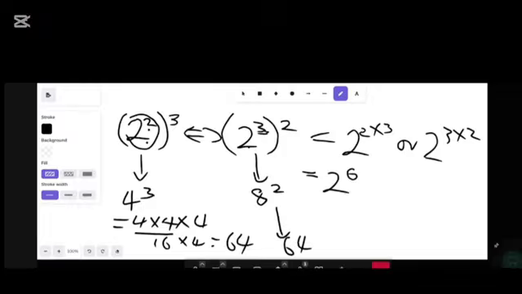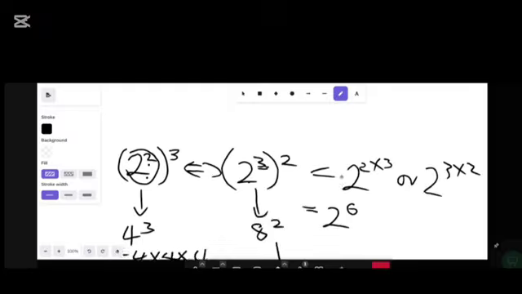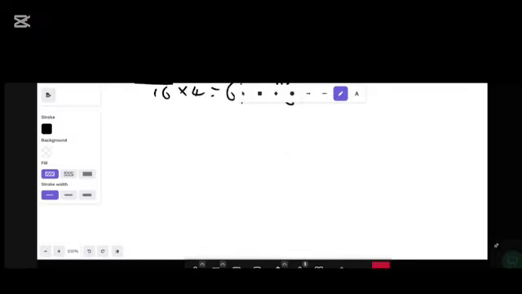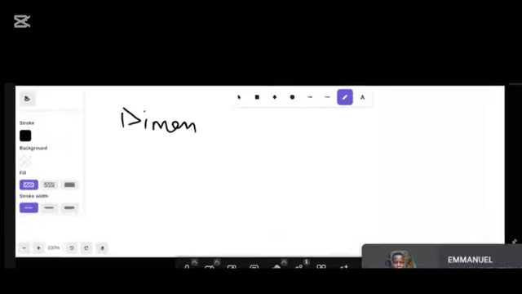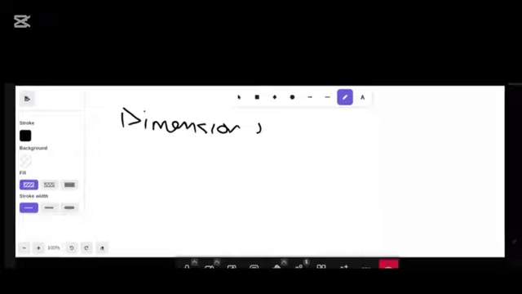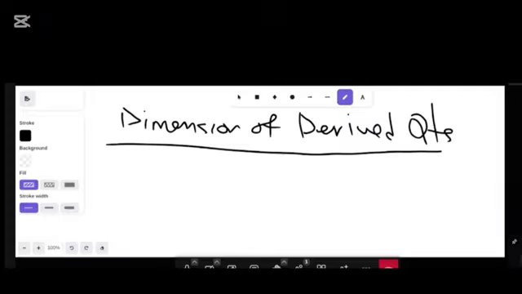So let's see now the dimension of physical quantities. What we saw earlier, the definition, and what do we call the physical quantities? We said there are two of them: fundamental quantity and also derived quantity. Dimension of derived quantities. Do not forget, there are 3 of the quantities that are fundamental that we are going to be using most,